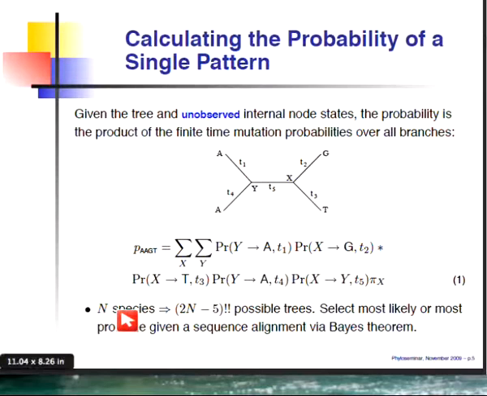For any n species, there are an exponential number of trees. For the 4 species I've listed here, the number of unique trees is 3, but that number grows very quickly. So one can pick their own favorite procedure, given a statistical likelihood, to select among the different possible trees, if we were interested in reconstructing what the most likely tree is, or a probability distribution over those trees. And you can do that via Bayes' theorem. We've written down the conditional sampling density of the data given the unknown tree and the parameters. You can invert that to get probability distributions that are of interest to your problem at hand.